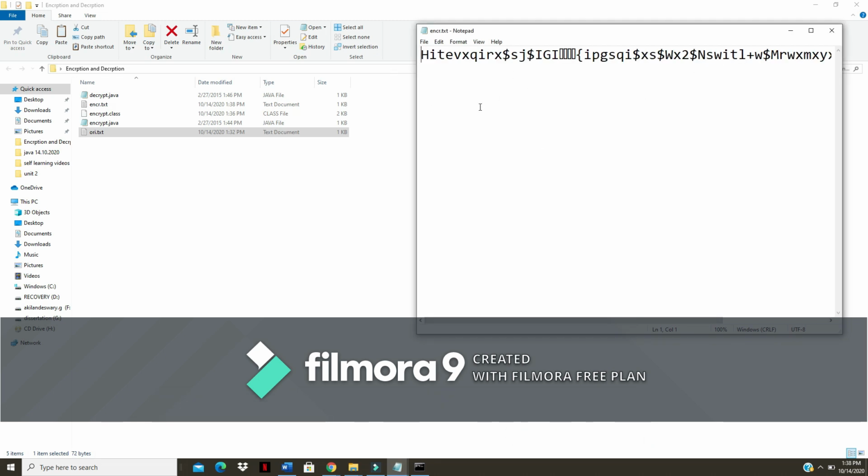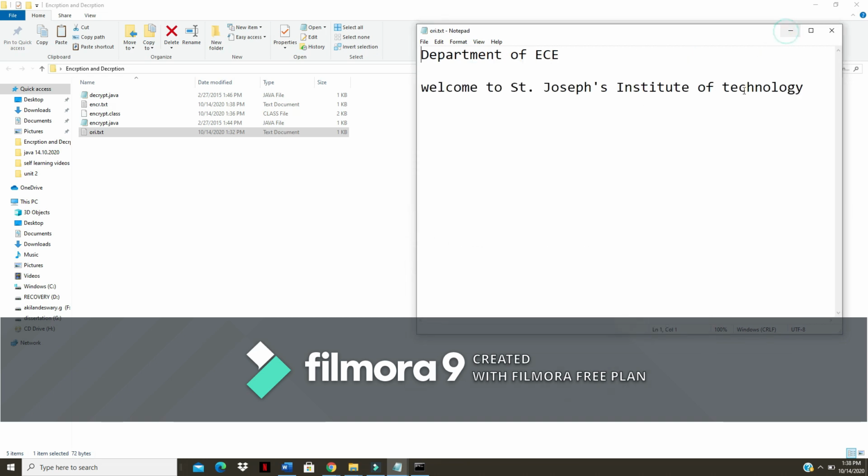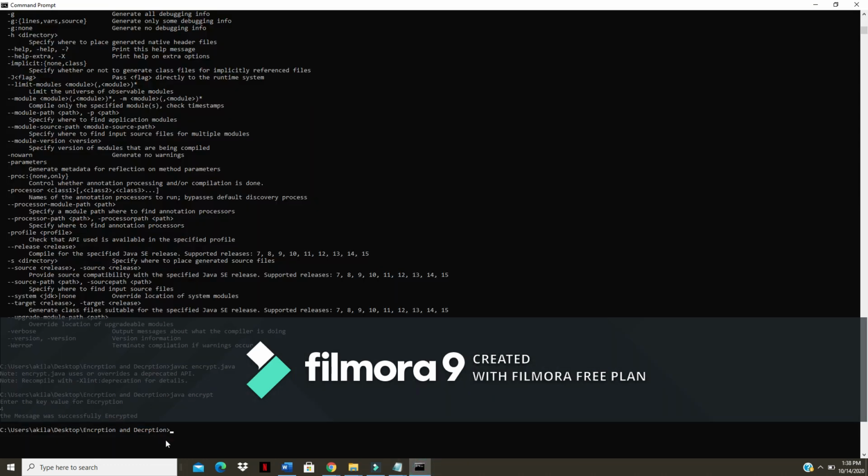Now for the decryption, this cipher text is going to act as your input. Again, you have to retrieve back your original input, that original information. So now I'm going to perform the decryption. For doing decryption, again the two steps: javac filename.java, then java filename. Now javac, what is the file name?